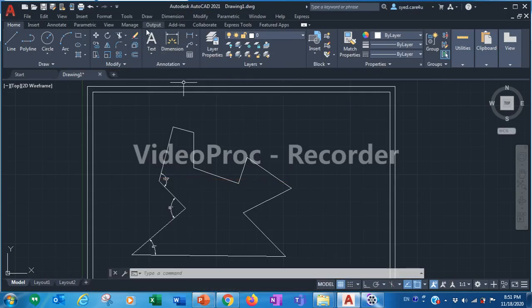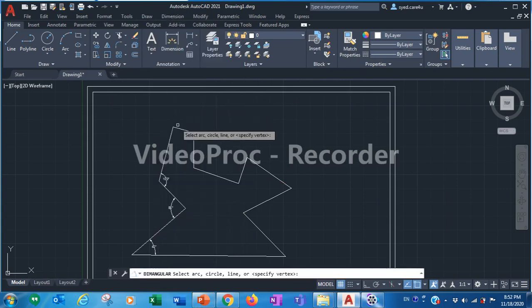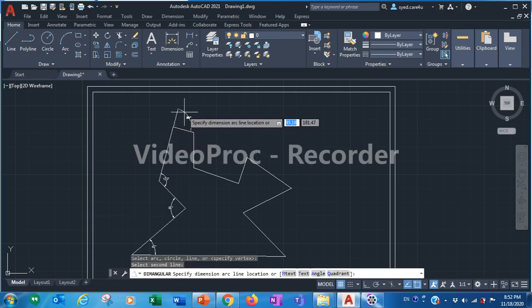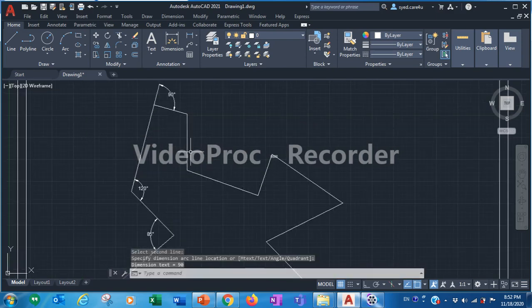Go to dimension, angular, select this first line, second line, and I need it in this. So this is also 90, this is also 90. Whatever is given, whatever you want to show, you can show this angle. So this is 90.